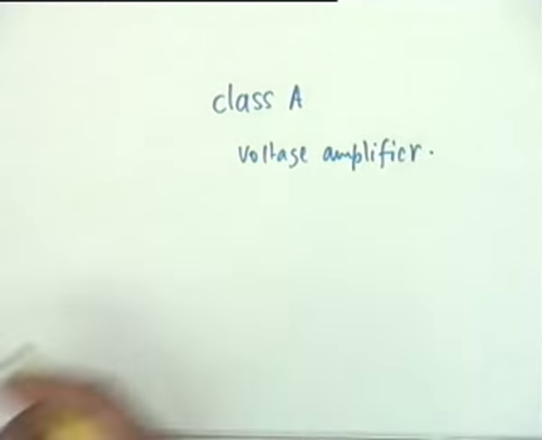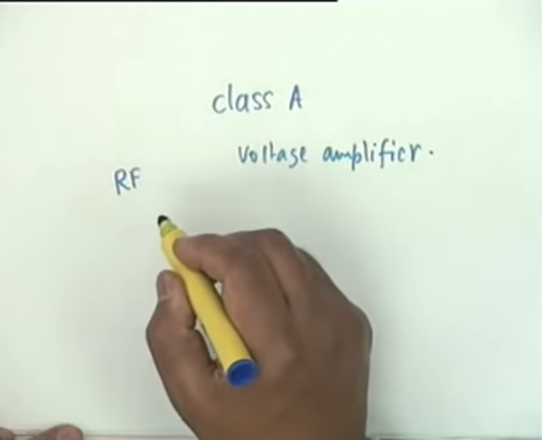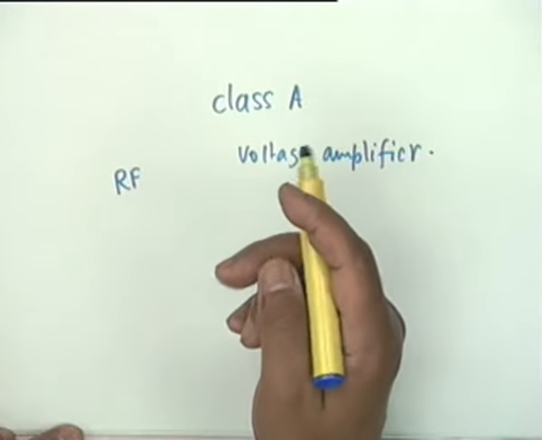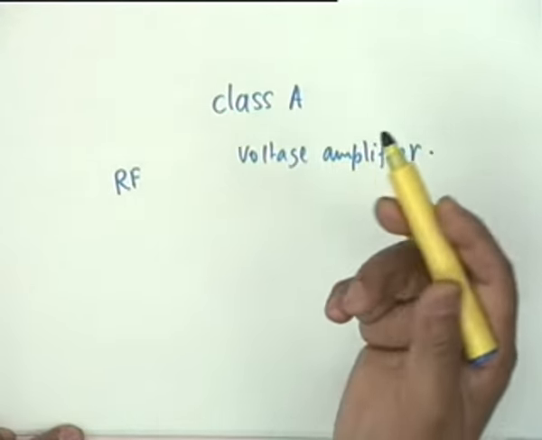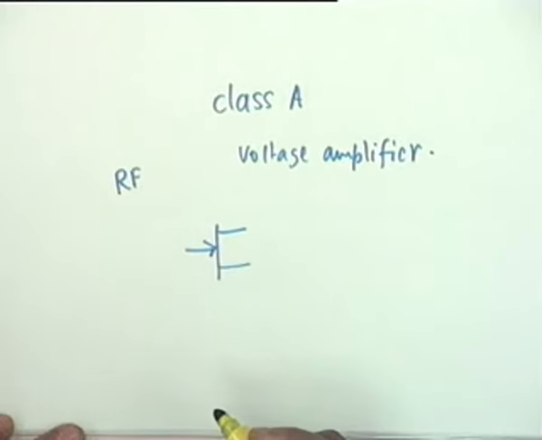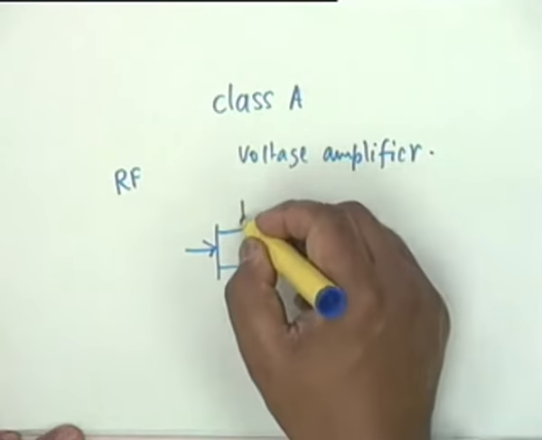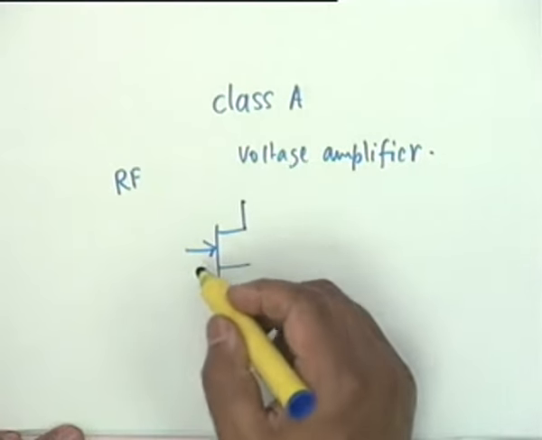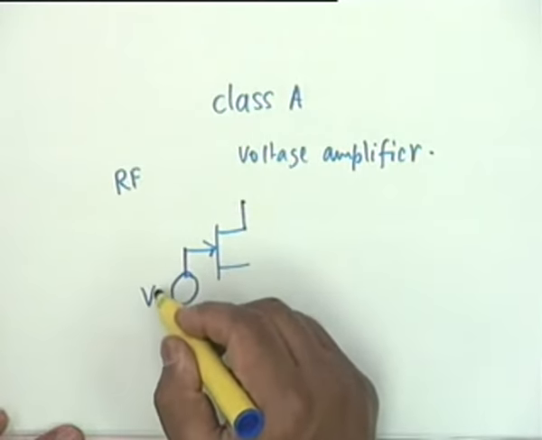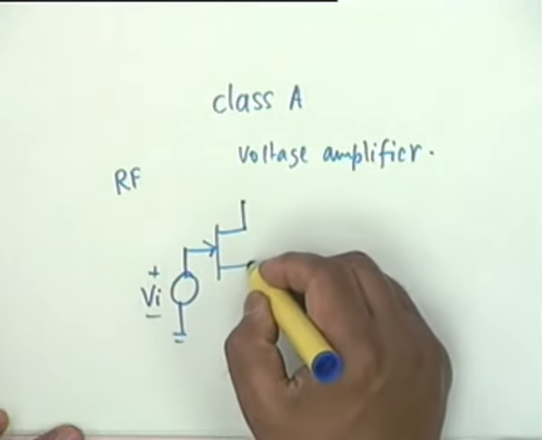One of the examples of a tuned amplifier is in the IF stage or the RF stage of a radio receiver or a TV receiver. You know, the intermediate frequency stage, you require a tuned amplifier like this, or in the RF stage of a radio receiver. And to bring variety into experience, let us use a FET amplifier. What you want is, I am omitting the bias circuits, you have a VI and the